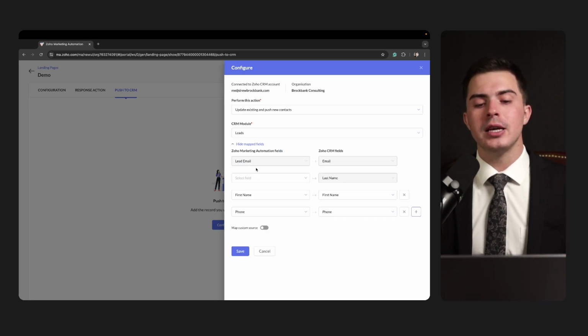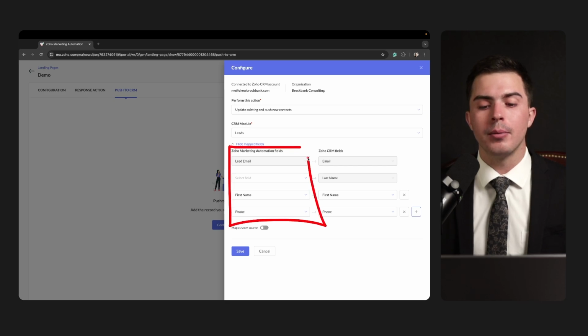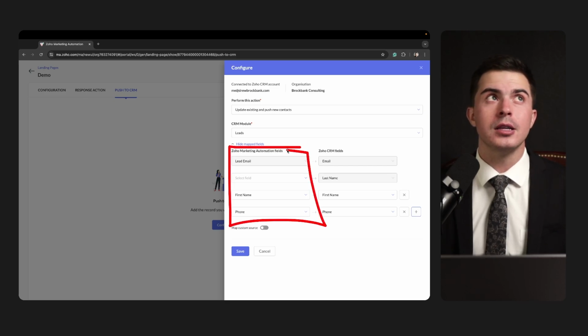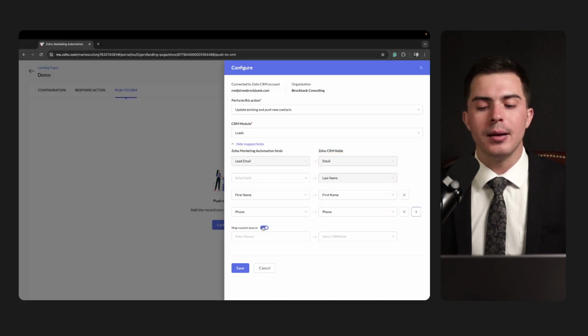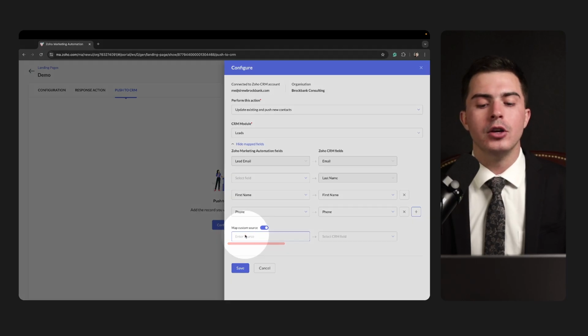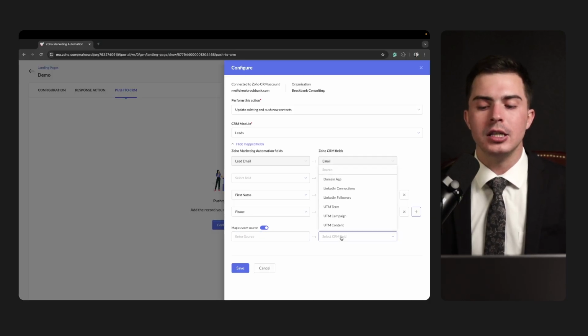So you can say, hey, here's the information from Zoho Marketing Automation, the form on the landing page. And then here are the fields in Zoho CRM. So you can map those together. And then you can map a custom score. So you can say, hey, this is the score inside of Zoho Marketing Automation, and this is the Zoho CRM